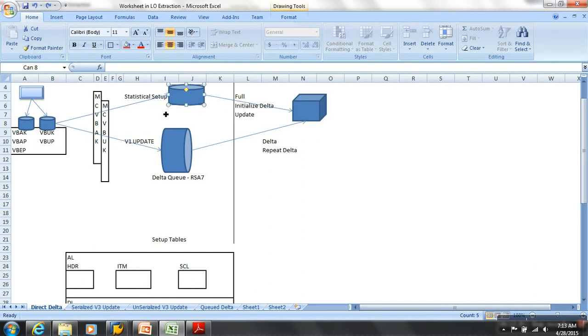Now in LO, what is happening? You are just filling historical data to the setup tables. From there, init comes in, and then the delta records are posted through the queues. In LIS, what happens? Historical data is filled into the setup tables, which are like normal transparent tables. And then from then onwards, when the postings are done, it updates LUWs to the transparent table as well as there are two delta tables, like 1 and 2, which are used interchangeably.